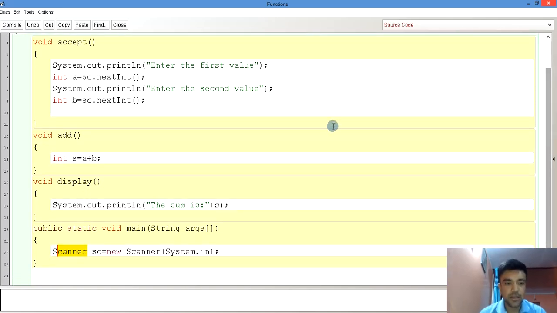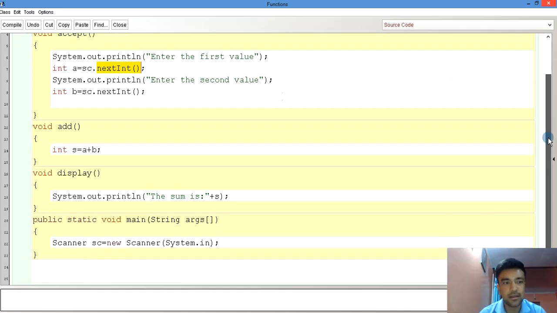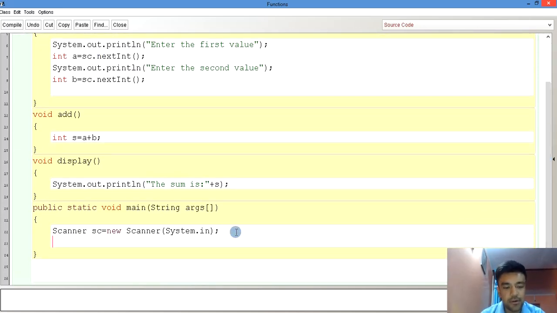Now if you look at this line properly, Scanner is a class and sc is the object, and nextInt is a function which is inside the Scanner class. So what we understand from here is, in order to call the function we need the object. Similarly, out here also we have our functions, and the name of our class is functions. So in order to call the user defined functions, we have to create the object of our class. And what is the name of our class? The name of our class is functions. ob is the name of the object, equals new